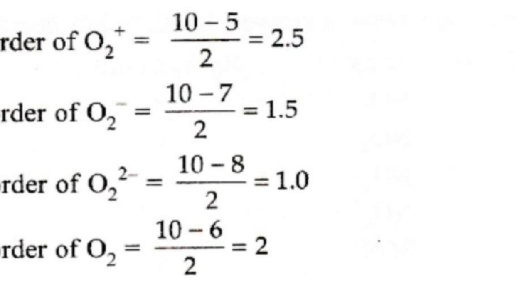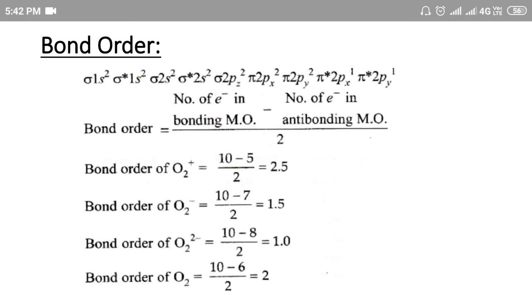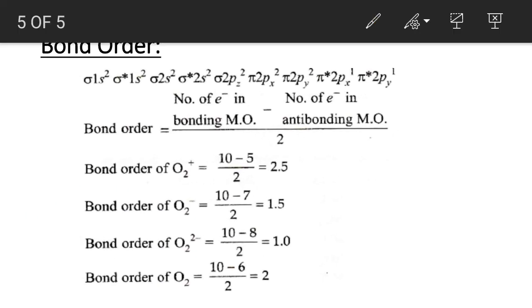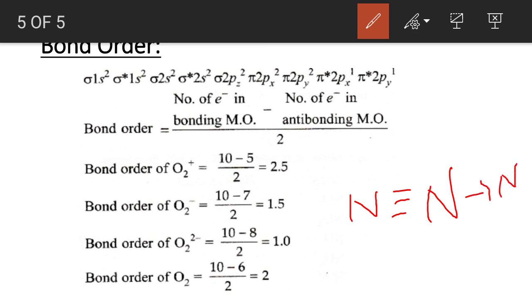And in the case of the nitrogen molecule, this is the N2 molecule. How do we write the N2 molecule? It is written like this. In the N2 molecule there is a triple bond between the two nitrogen atoms, and hence here the bond order